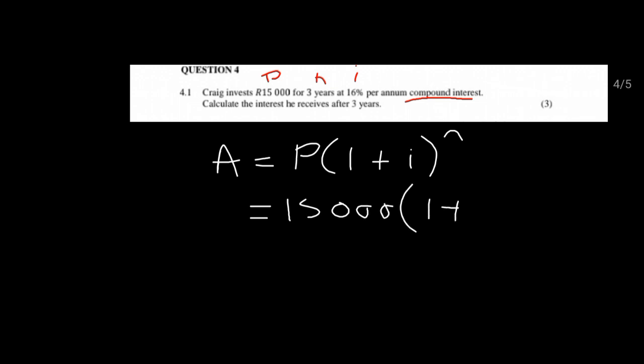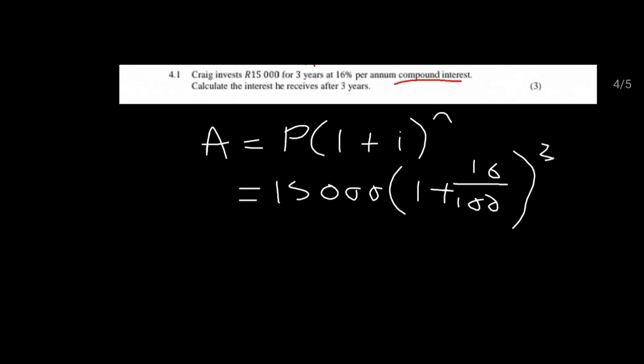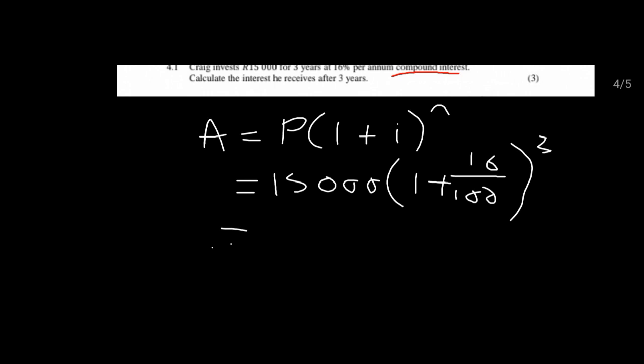1 plus the interest rate, it's 16%. We divide by 100 to convert it to decimal, to the exponent of 3 years. So now it's easy because we calculate our final amount after 3 years. You just say 15,000 multiplied by 1 plus 16 over 100 to the exponent of 3. And then you get the value of